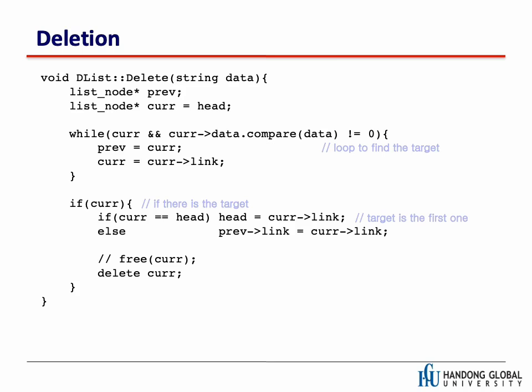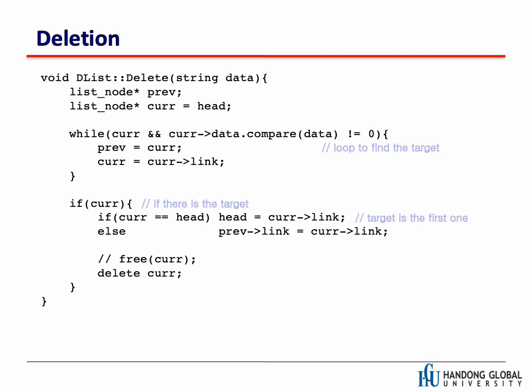Okay, good. So now if current is not null, if current is pointing to something, it means we have the target node, and then we will delete. If current is null, that means we don't have the target node there, so we cannot delete. Let's say we want to delete the set from the linked list, then we can delete. But if we want to delete a fact which is not there, then we cannot delete anything, so we just finish this function. So we check if current is null or not. If current is not null,